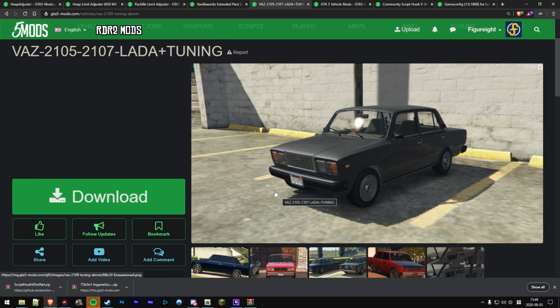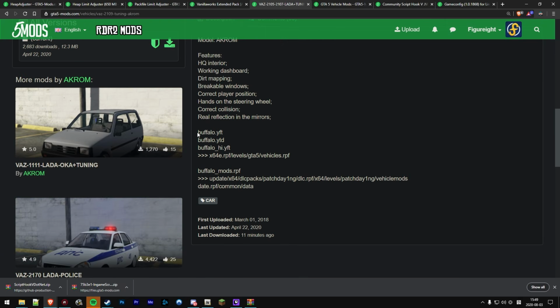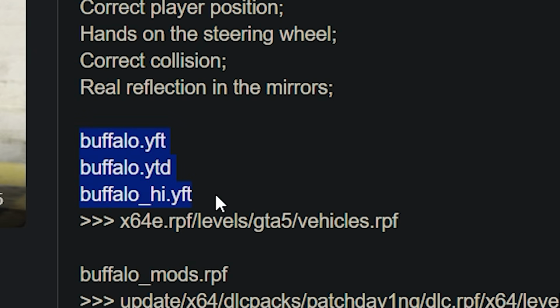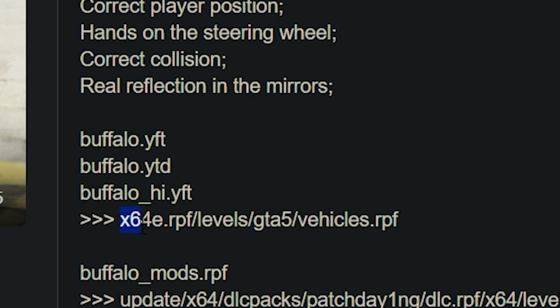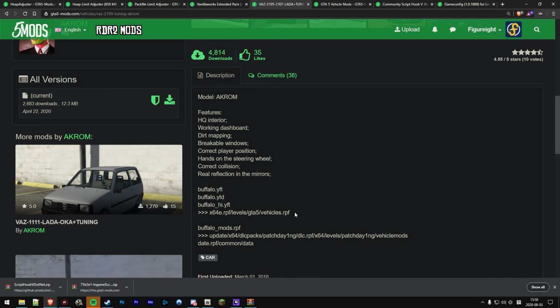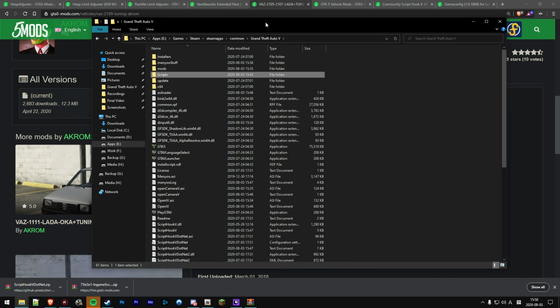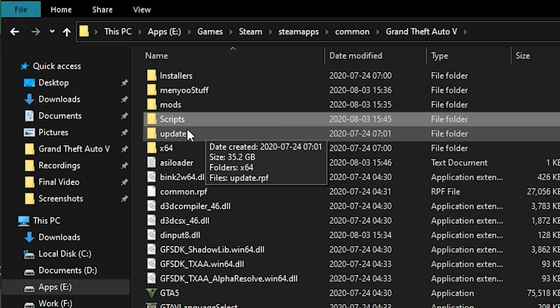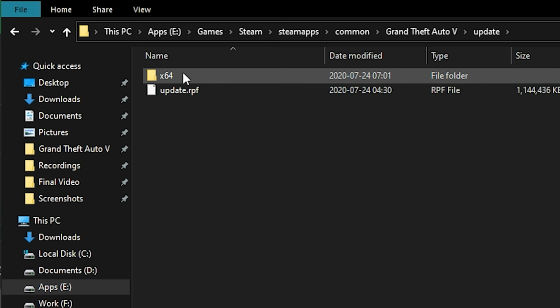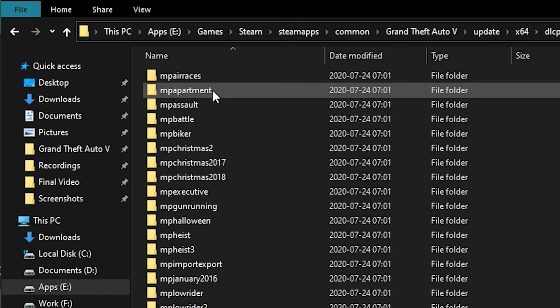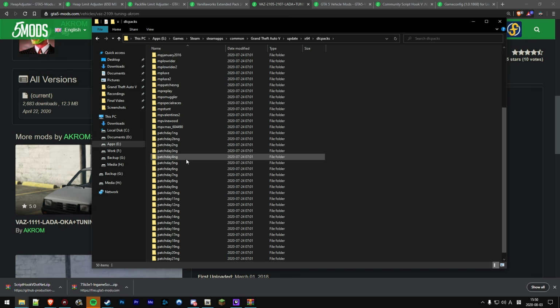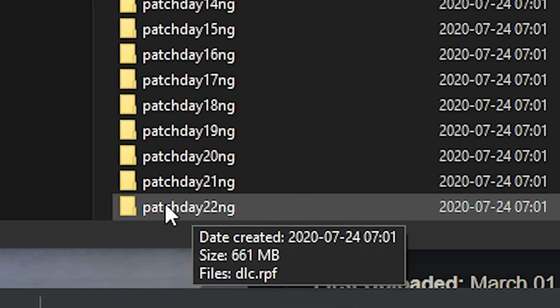So I've clicked on one of these at random, and if we scroll down, you will see that it tells us that this replaces the Buffalo. Now, one thing it does tell you is where to install the stuff for the Buffalo, but I'm going to show you a little tip where you always ignore this, and you always put it in a very specific folder. So if we jump back into our GTA 5 folder, I want to go to the update folder, x64, DLC packs, and then in here you want to find the latest patch day. So in this case, it's patch day